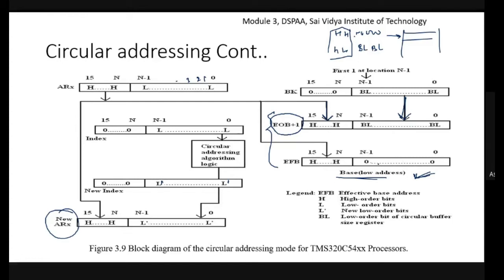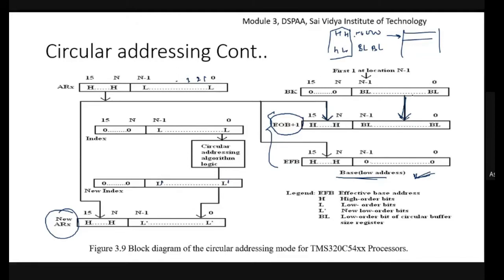To calculate the effective base address, we first substitute the lower order word, bits 0 to n minus 1, as zeros. To calculate the end of the buffer, we substitute the BL register content, whatever lower significant bits are there, copied here. And what is this BK? BK is the circular buffer size register.